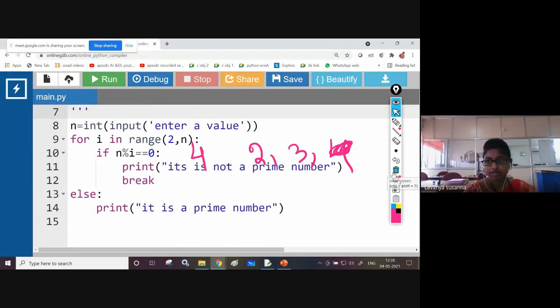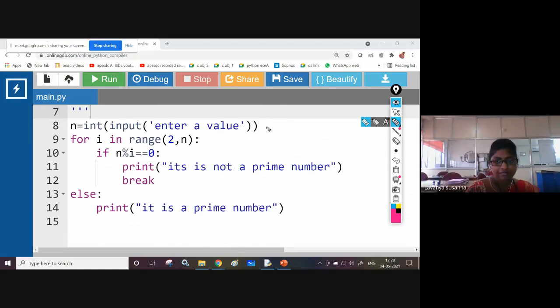Okay, now see here, n value is 4. Now iteration starts from how many iterations? 2 comma 3, that's all. Range of 2 comma n, up to 4 minus 1.